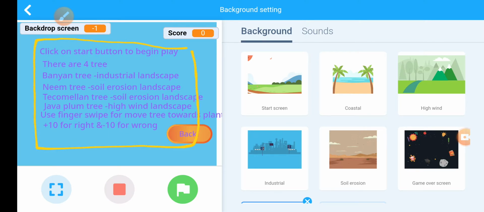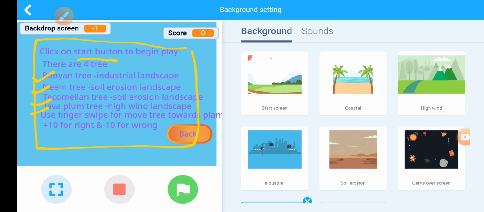These are the rules of that game. To start the game you have to click on the start button. Second rule, there are 4 trees: banyan tree, neem tree, tecamola tree, java plum tree.